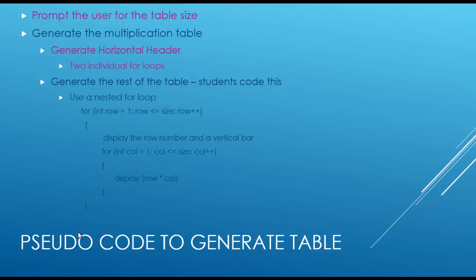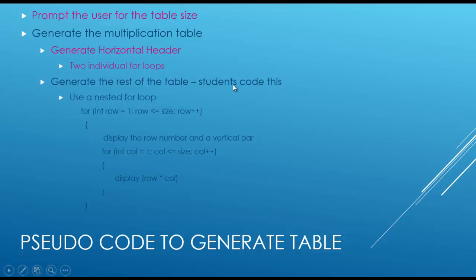All right, so here we are. This is just some pseudocode to have you work on step number 1. So you've already got the verbiage that's in purple has already been done for you. So in the skeleton code, you're already prompting the user for the table size. And your next task is to generate the multiplication table. Well, that really is 2 parts. You're generating that horizontal header, which has already been given in the skeleton code, and you've got to generate the